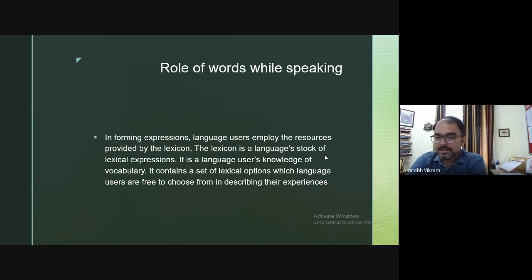Now this term, lexicon, is a technical term. What is lexicon? For example, if I say the word happy, when I utter the word happy, you know so many things about happy. First thing, you know how it is pronounced. You also know how many letters are used to spell happy. You know 5 letters are there. That information is already there.